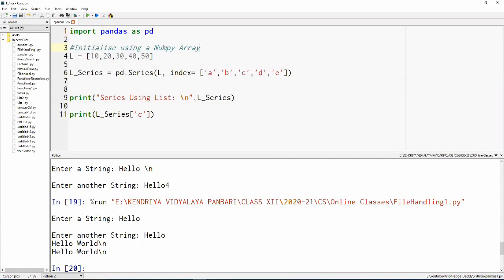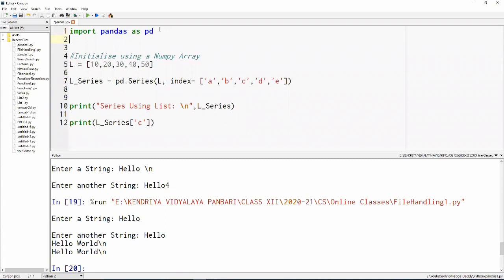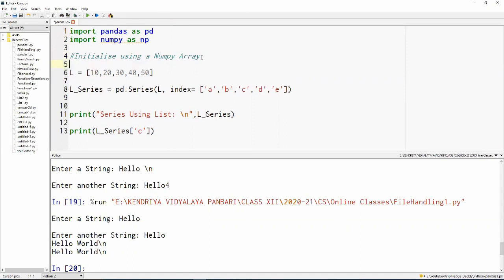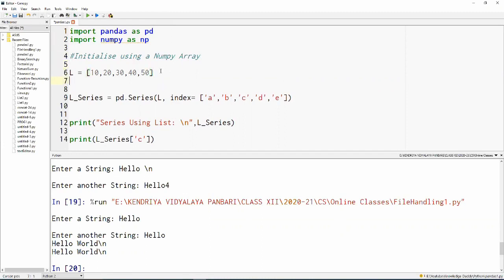Now, you know that using a NumPy array is pretty simple. As I told you in the first video itself, you need to have some pre-required knowledge about NumPy. I'm just going to tell you how to do it using a NumPy array. We'll use the same list as we used before, and we are going to create a NumPy array n.